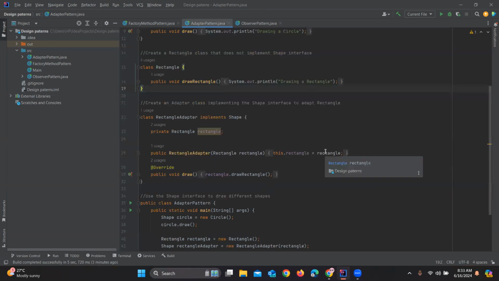And the shape interface draw method, and they are also